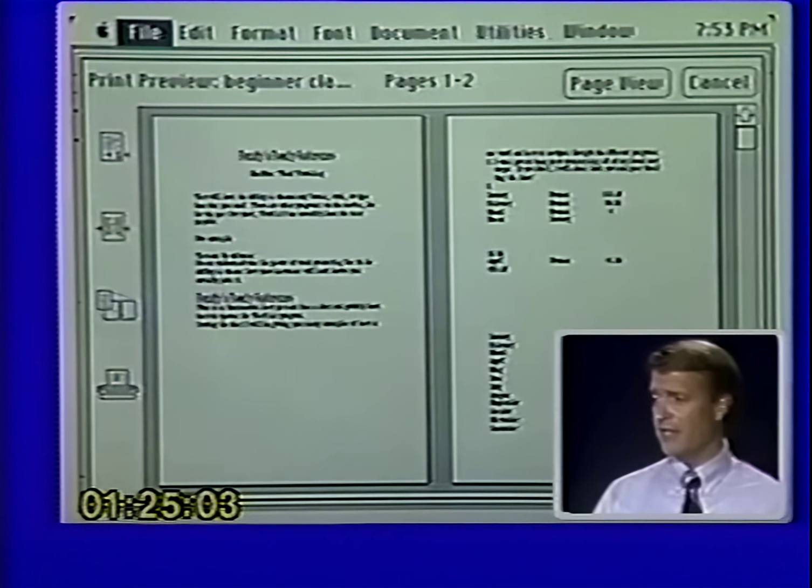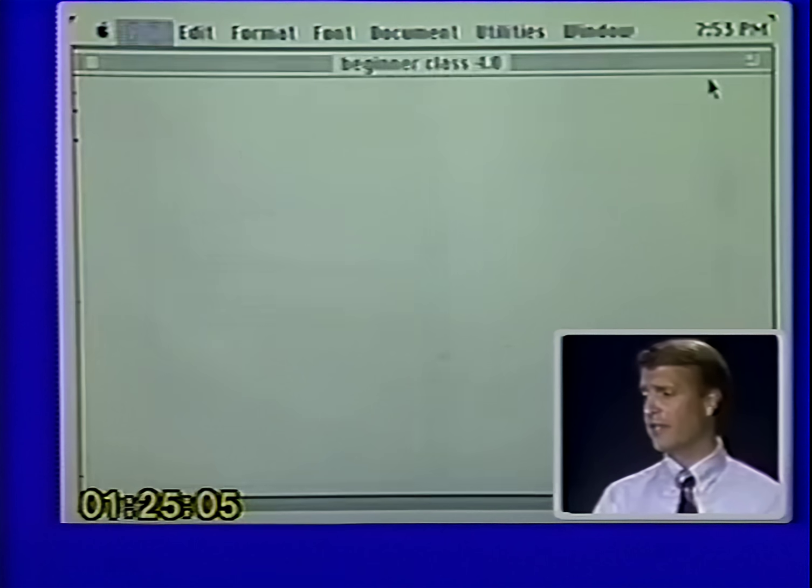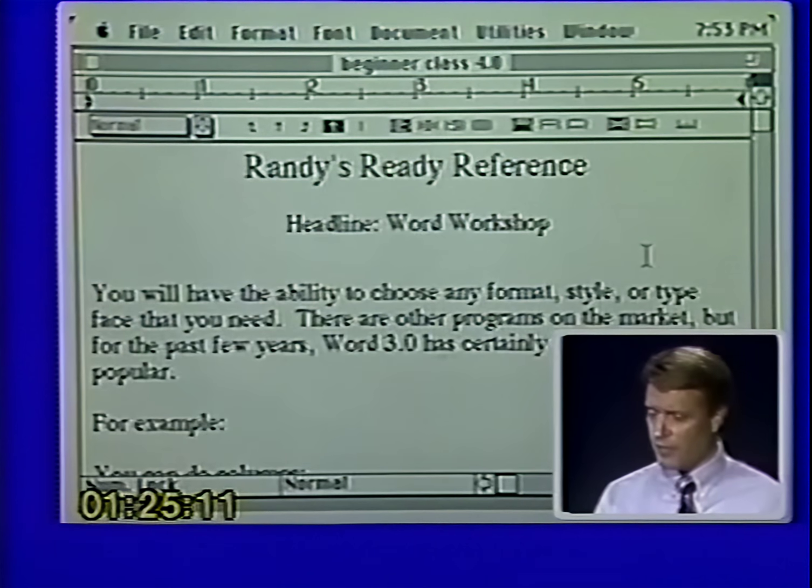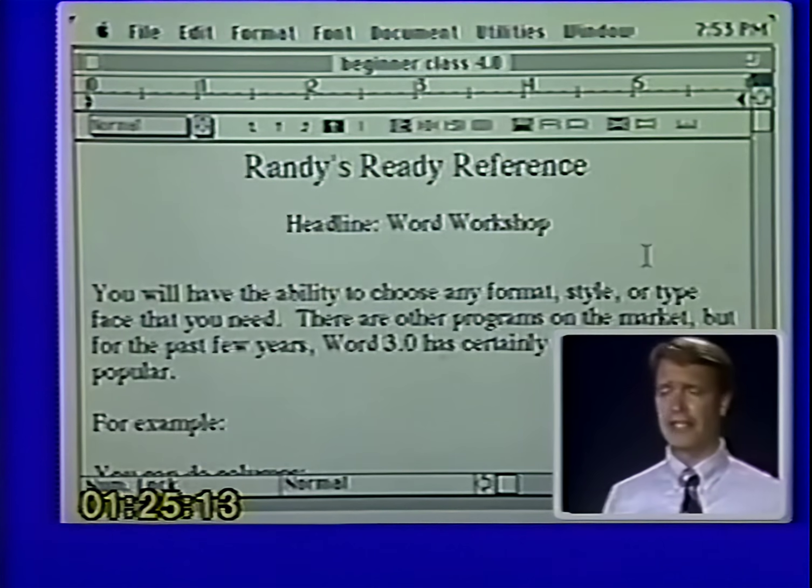All right, that's how to work in Page Preview. So now let's cancel that and let's go back to our document. You'll notice now that our document is ready to print. Now, let me give you a few keys to printing, and I won't show you this on the screen, but I'll just tell you the steps that you need to go through, and I'll poke through some of them here on the screen. The new 4.0 has eliminated a couple of the steps that I'm going to tell you. I'll walk through all of them for some of you folks that might still have 3.02.